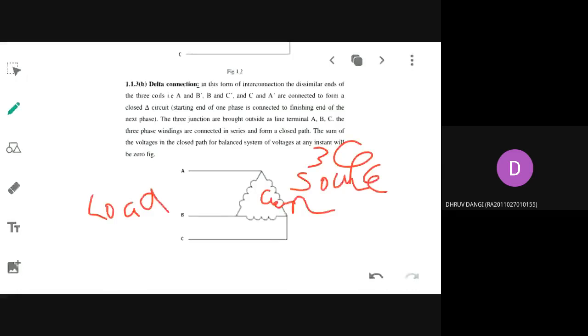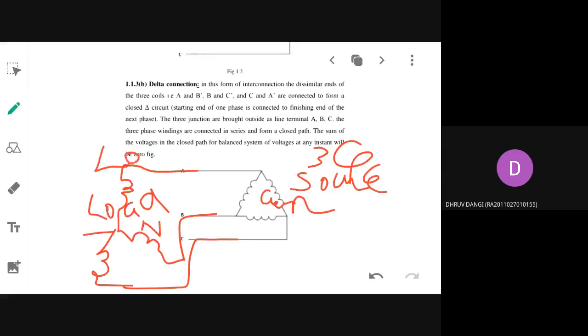Yes, ma'am. So that load, sometimes you can have a star. This is B and this is C, and you can take out neutral. This is my load. Like this only systems will be present. Source may be connected in delta or star, or load may be connected in star or delta. Similarly, transformers, if you are seeing roadside, will be three-phase. They may have star or delta connection. It all depends upon what type of load you want to connect.